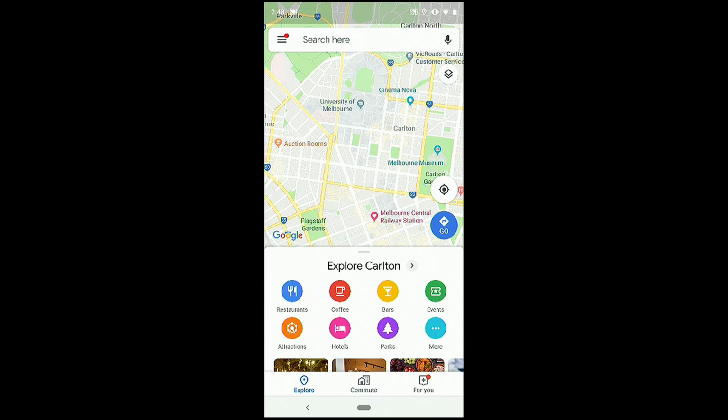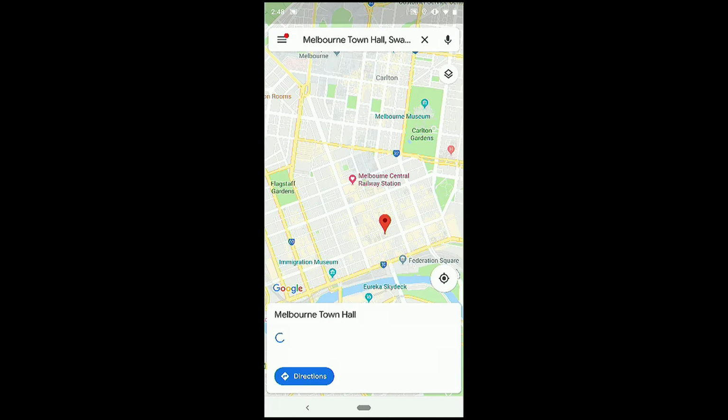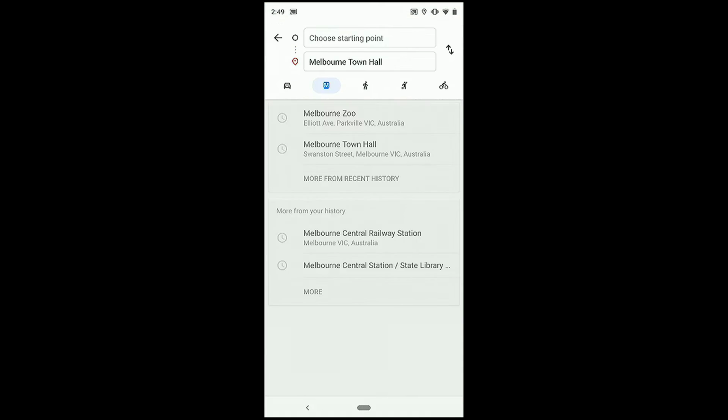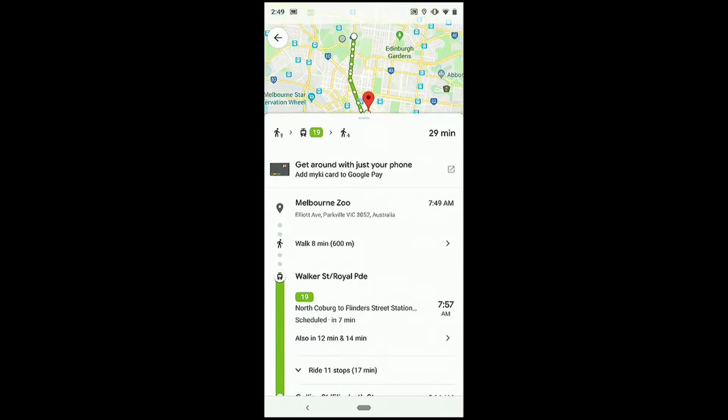So what do we typically do when we are in this situation? Well, we go ahead and we open Google Maps, right? You probably are doing it already today dozens of times. So the place that we're going to go to is near the town hall. So why don't we go ahead and select that place. We are right now in the zoo. So this is our origin point. Now, as you can see, you probably have seen this screen many times. We'll get a few options. We'll go for the first one. It takes us 29 minutes to get there. So let's go ahead and select it.